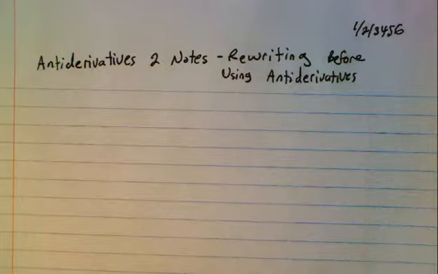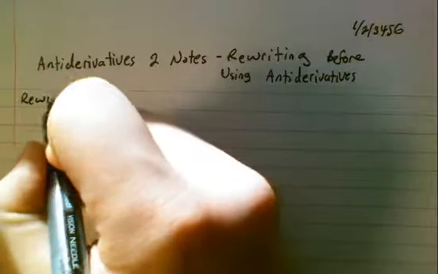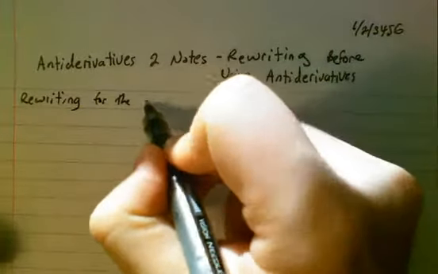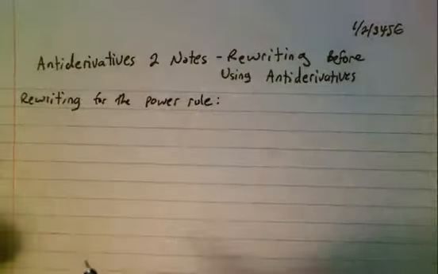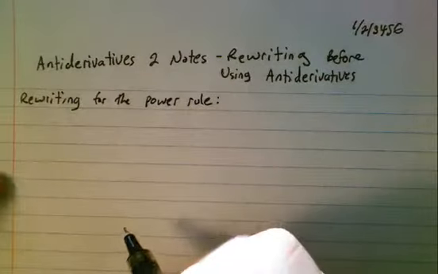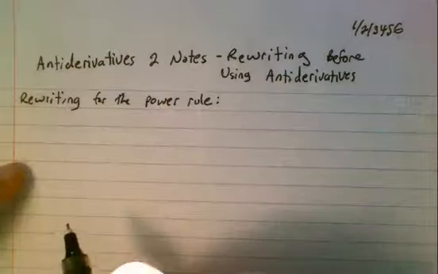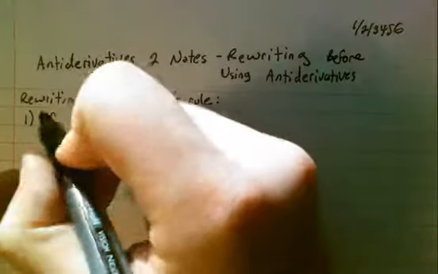So let's start off with rewriting for the power rule, because that's the one that we do the most. Rewriting for the power rule, and we're going to have several different examples here. So let's start off with our first problem, which is going to be take the antiderivative of